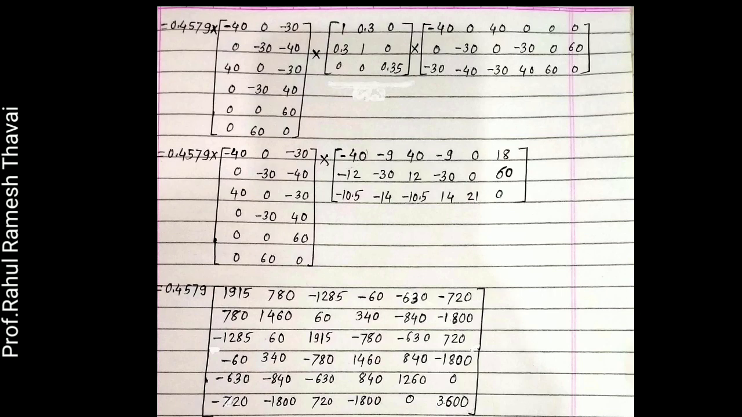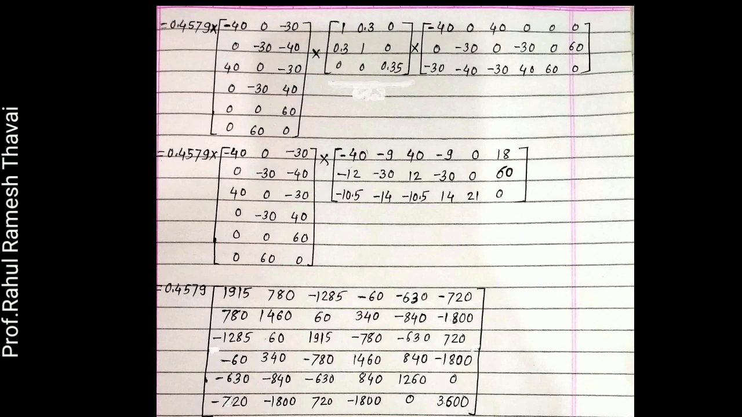Next, third row multiplied by fifth column, that is 40 into 0 plus 0 into 0 plus minus 30 into 21, that is minus 630. Next, third row multiplied by sixth column, that is 40 into 18 plus 0 into 60 plus minus 30 into 0, that is 720. Next, I will go for fourth row multiplied by first column, that is 0 into minus